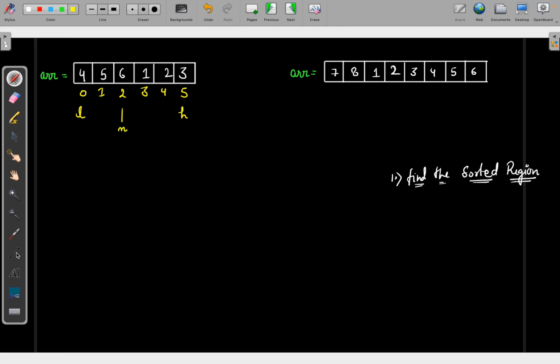Now I have two regions, right? So I have this one region, and one region is from here to this, right? Again, one region is sorted. You can see this is the sorted region. Okay. This is sorted and this is not sorted. And here also, if I quickly put the indexes here, 0, 1, 2, 3, 4,